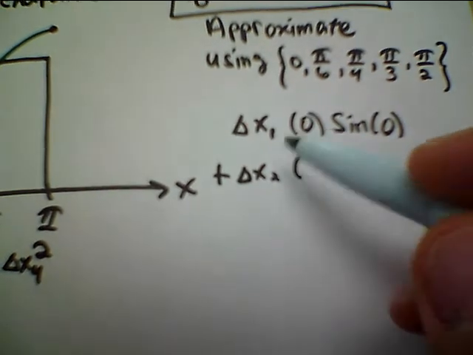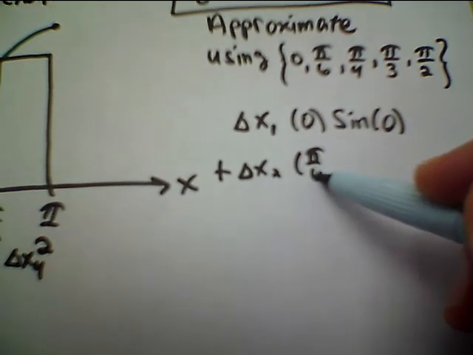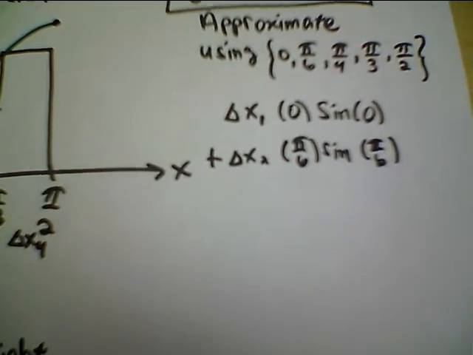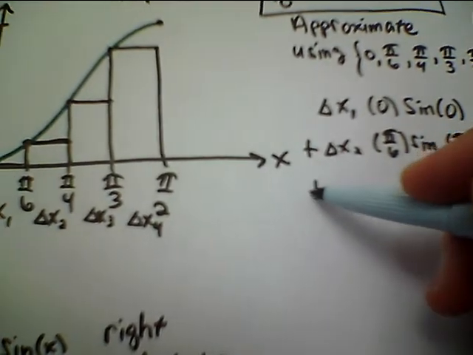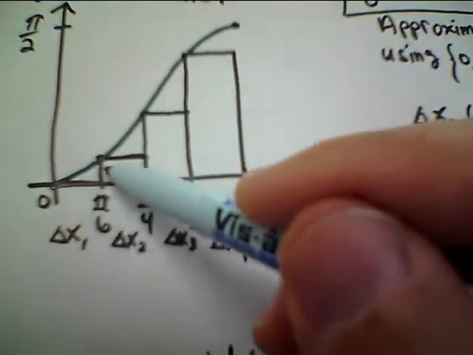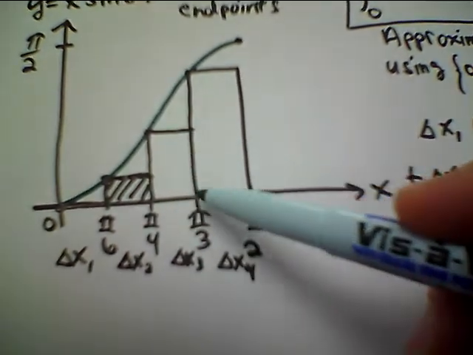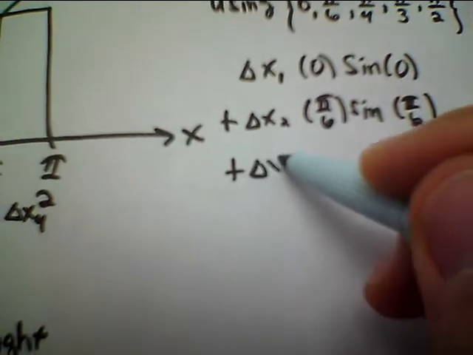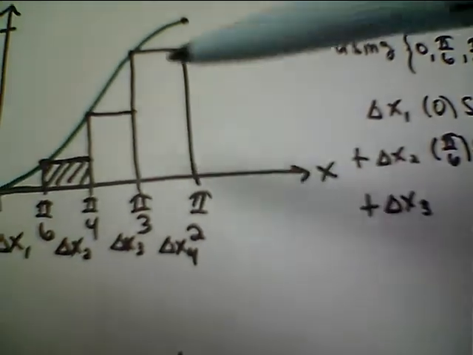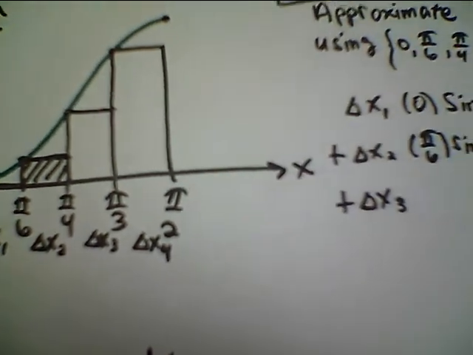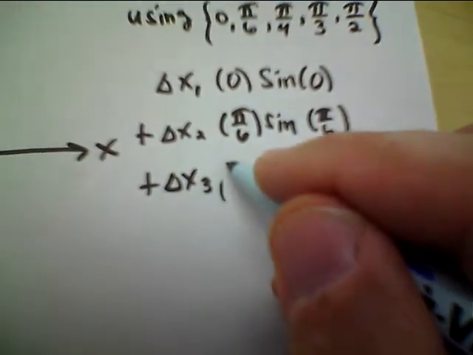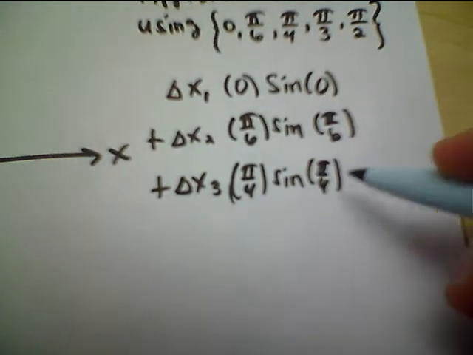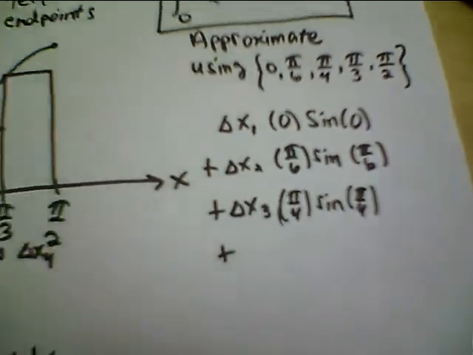That's delta x2 times pi over 6 times sine pi over 6. Plus, so we have this rectangle. We already calculated the area of this rectangle. We need the area of this rectangle. That's delta x3 times the height, which is the function evaluated at pi over 4. So that's pi over 4 times sine pi over 4, plus,